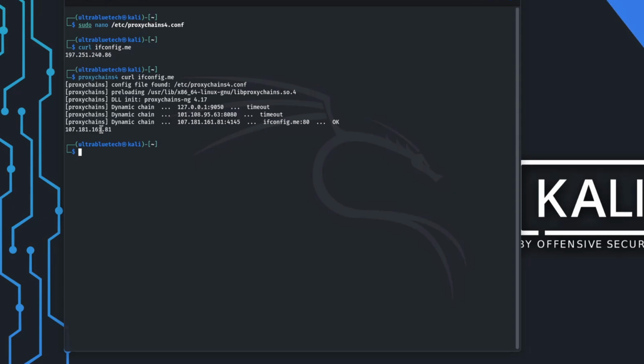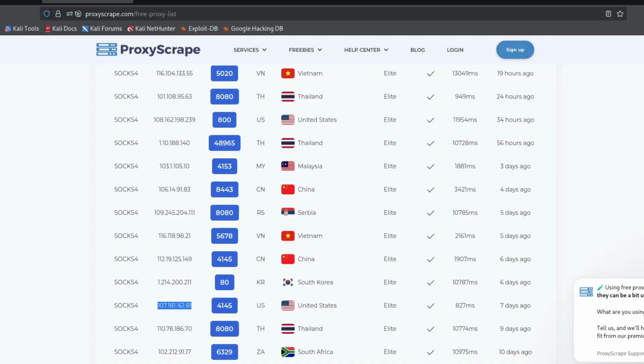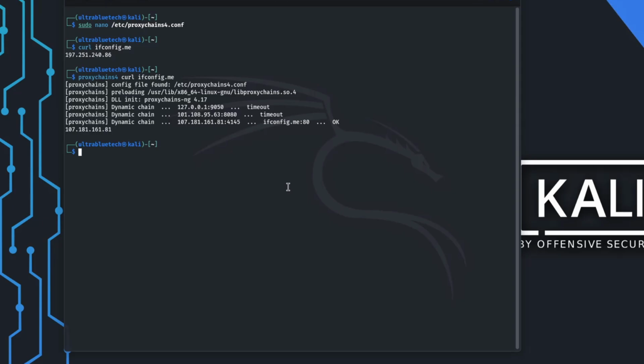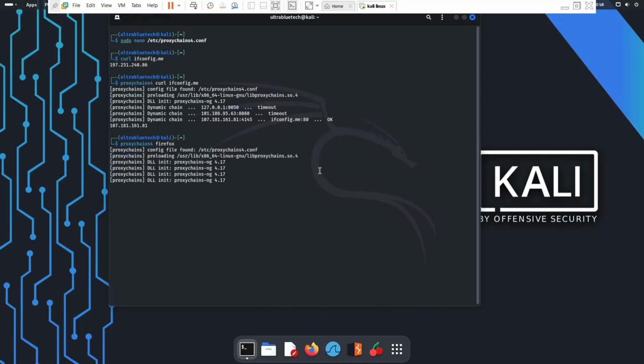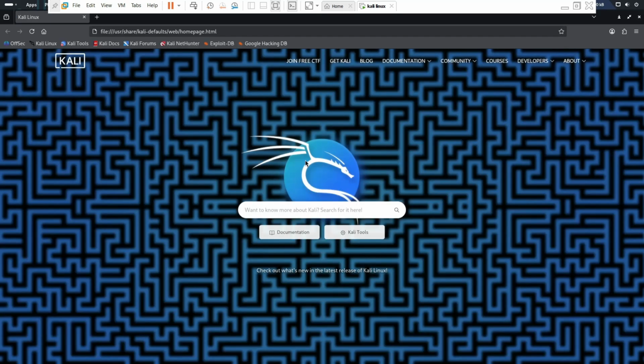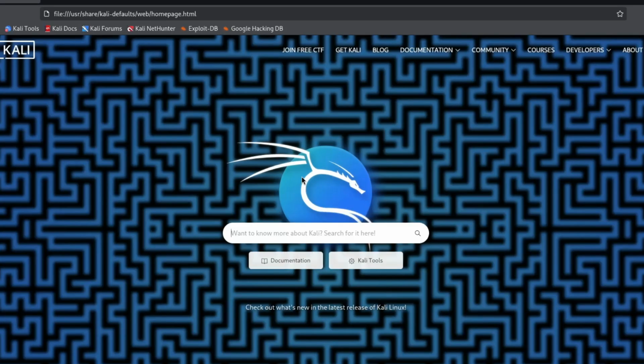So you can use proxy chains with many other network tools such as nmap for scanning, or even to launch a web browser like Firefox through proxy chain. For example, let's go ahead and launch Firefox using proxy chain by typing in proxychains4 firefox. This will launch Firefox, and all its traffic will attempt to go through your configured proxy chain. Remember, anonymity is not just about changing your IP, but also careful browser configuration and avoiding logins to accounts